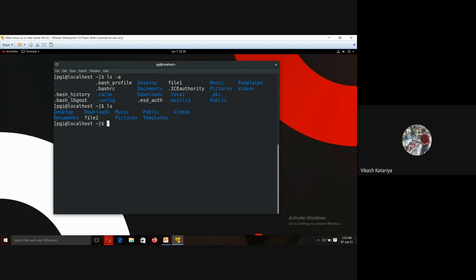There are some differences. The simple ls command will not pick up files that start with a dot or double dot, but ls -a displays all those files starting with a dot or double dot or any special symbol or special character.